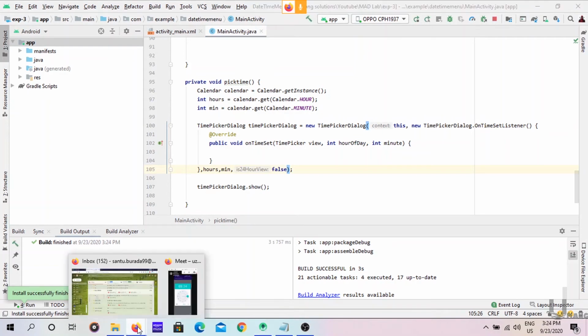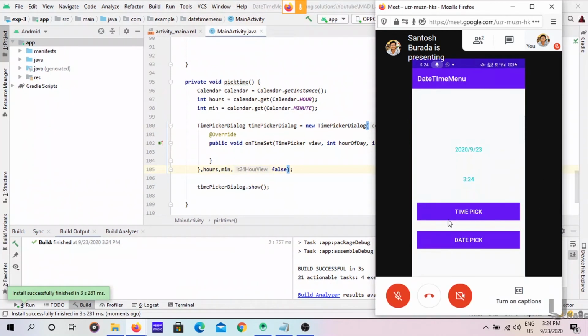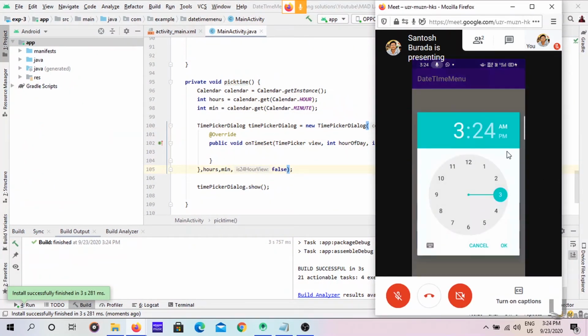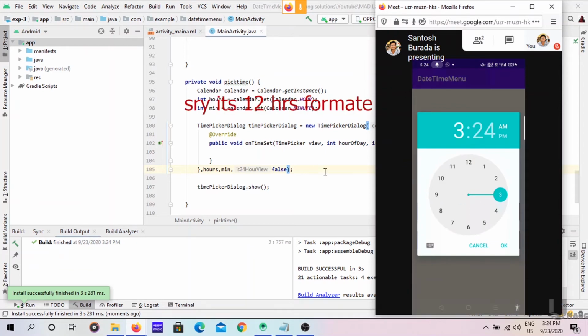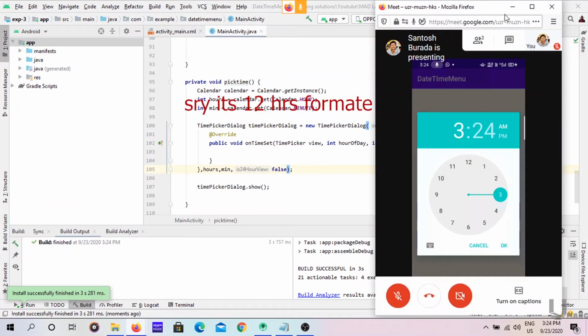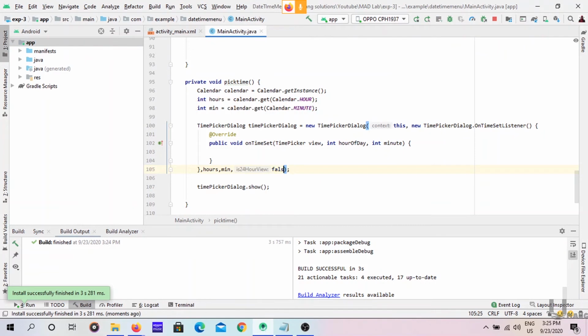See, I will share my screen. The app is built successfully. Now I will click on the time pick button. See, this is not the 24 hours format. This is the difference between true and false. So let's keep it as true.